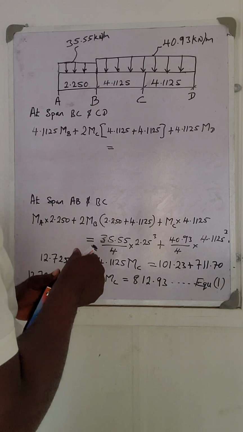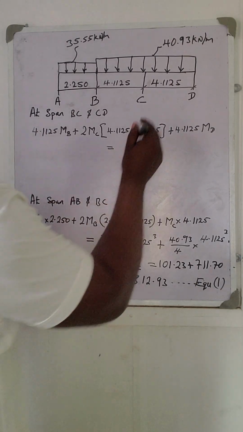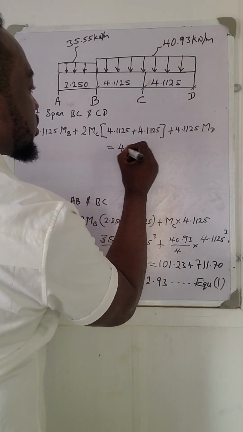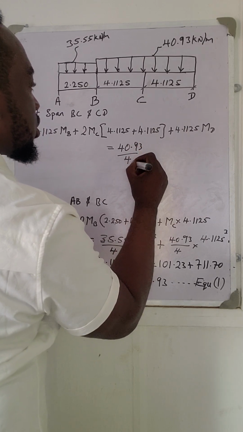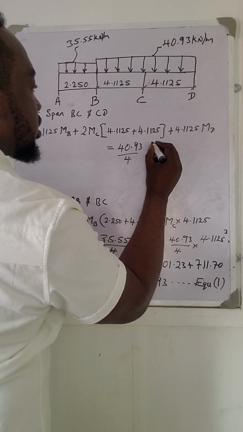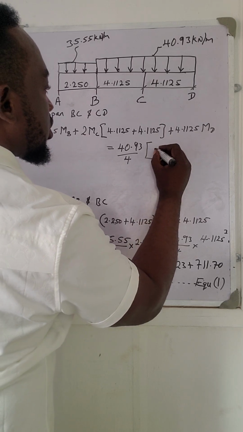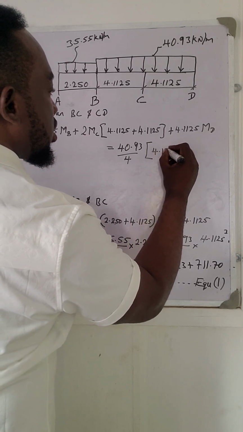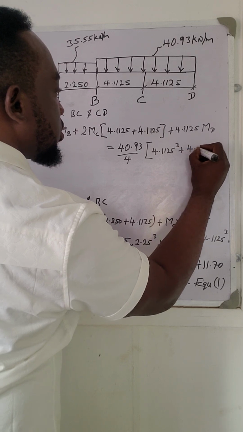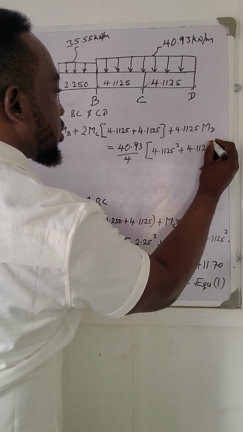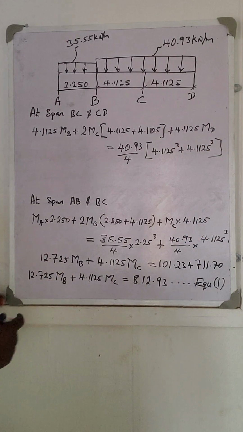So we will not have 40.93 over 4 into 4.1125 cubed plus 4.1125 cubed. Okay,